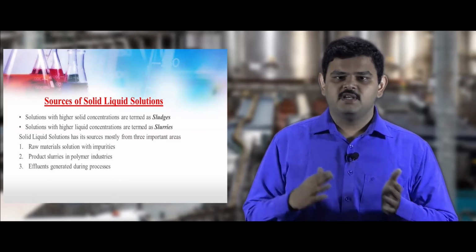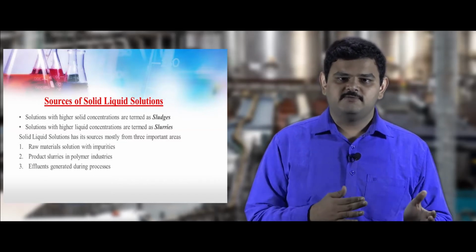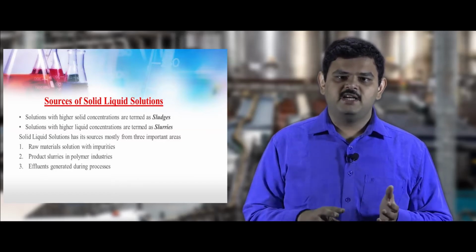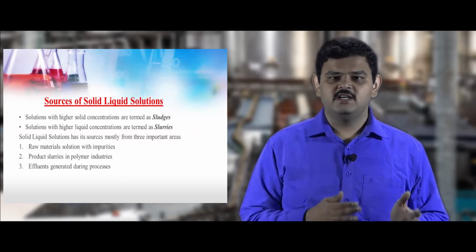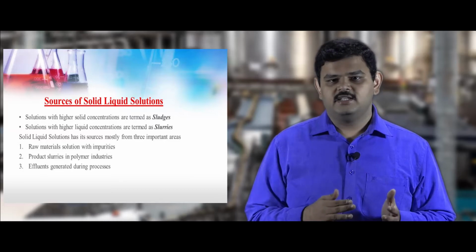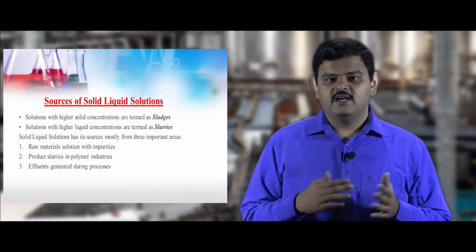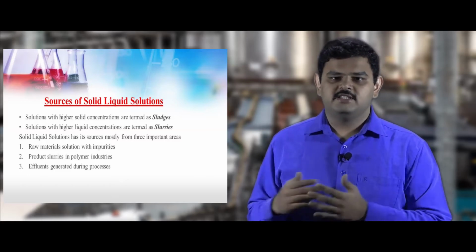The second one is the sedimentation process using the product slurries. The slurries from the product stream will be sedimented and sprayed so that the product will be separated. The third one is the effluents. The effluents will be collected, and then safe disposal of water and effluents will be done either in collection pits or through the zero liquid discharge process.